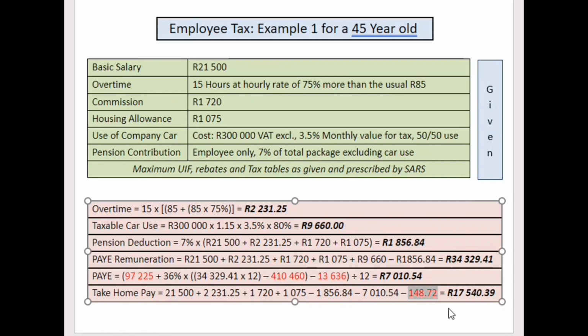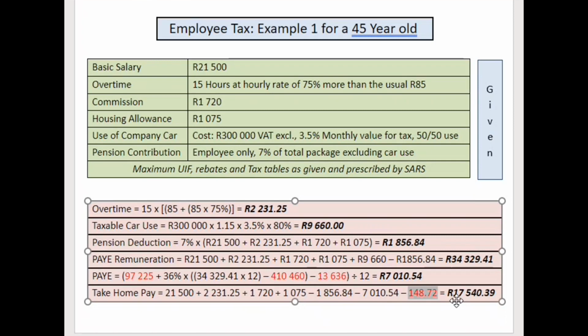Okay, so now you can calculate your take-home pay, and your take-home pay will be slightly different. Okay, so let's quickly calculate. 21,500 plus 2231.25 plus 1720 plus 1075 minus 1856.84 minus 7010.54 minus 148.72